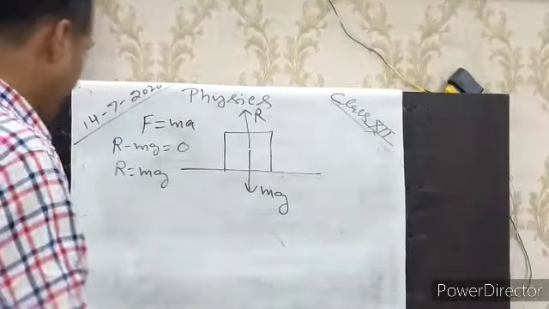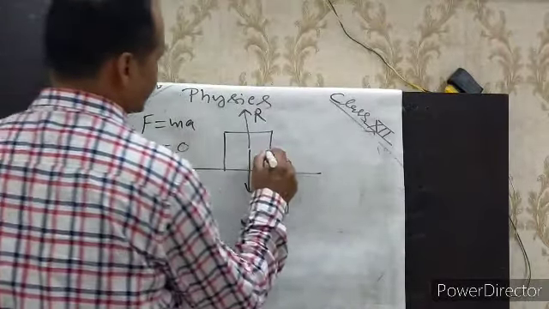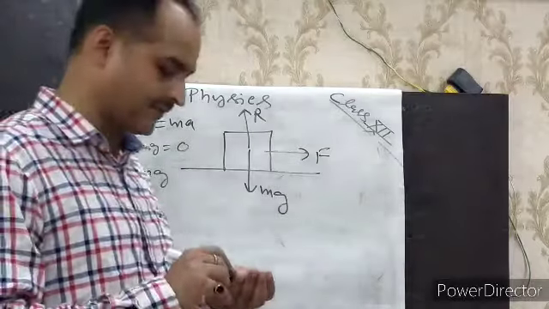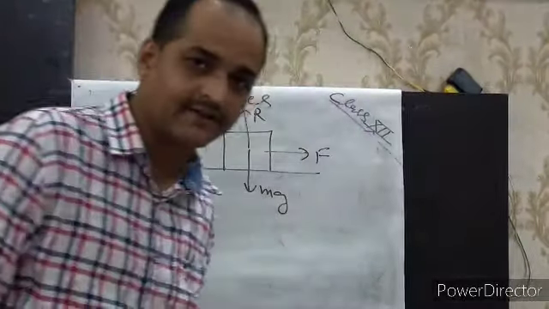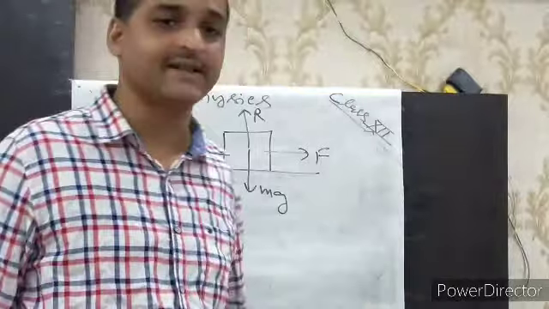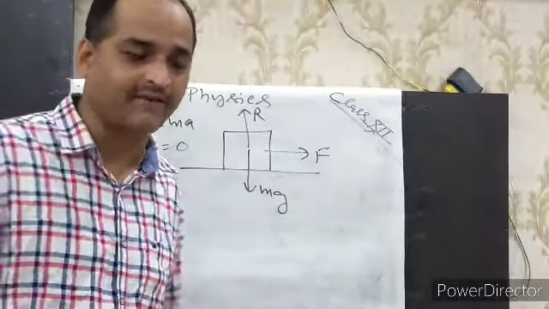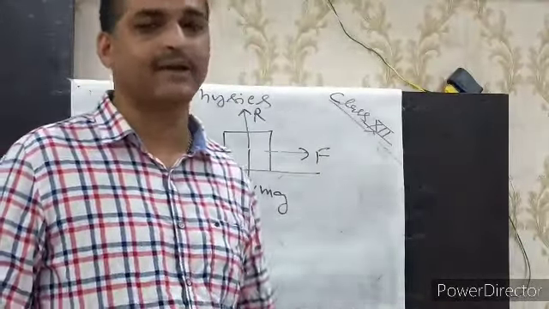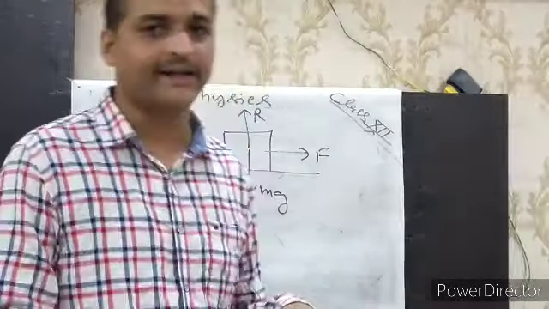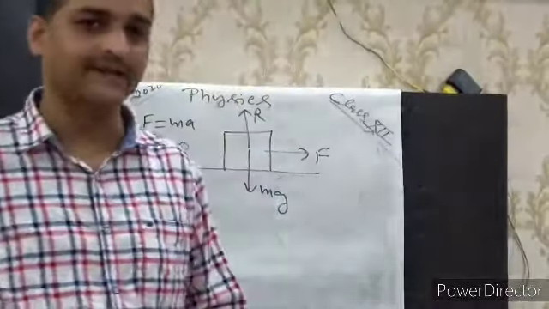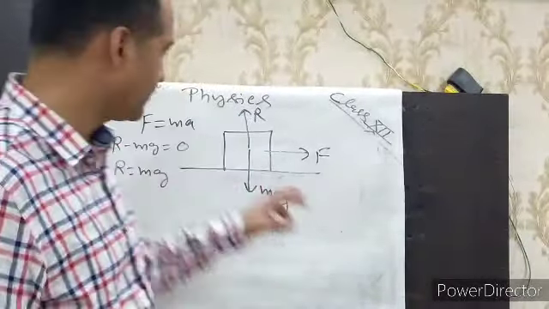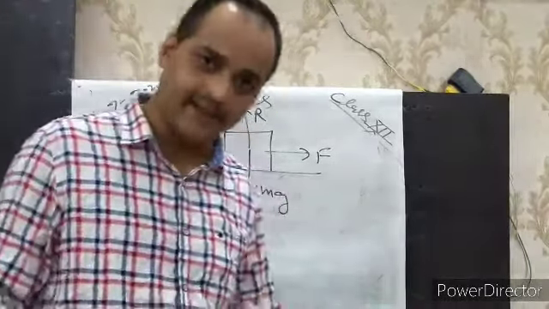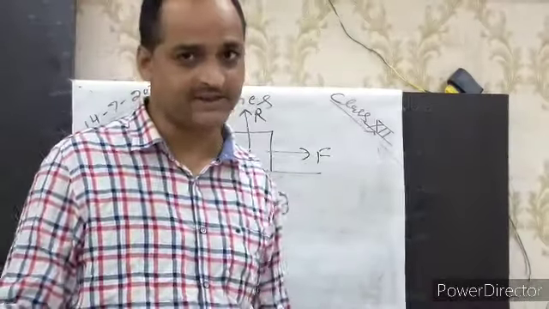Okay, now we apply a third force in this direction. We are applying an external force. Suppose you are trying to pull a heavier table. The table is heavy, so when you try to pull, initially what will happen? The table is not moving. Why is it not moving? You have applied a force in this direction and there is no force in the opposite direction that we can see. Therefore, it must be moving in this direction, but it is not moving.